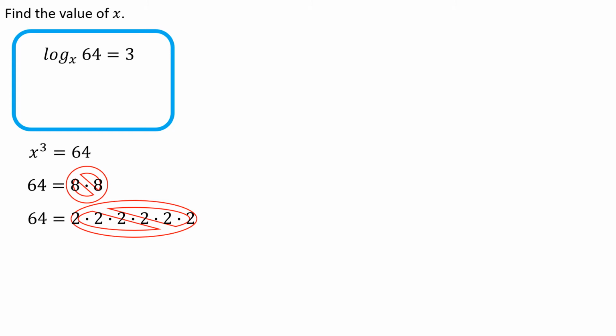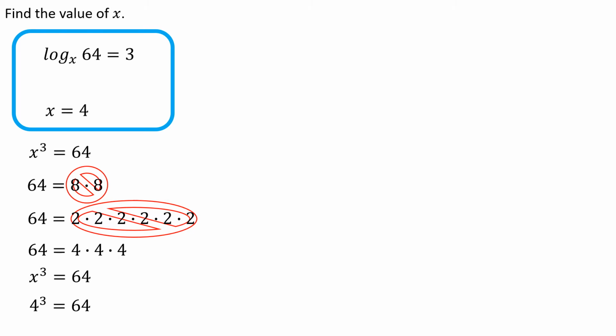Hey, how about 4 times 4 times 4? That would be 3 equal factors that multiply together to make 64. So if x to the 3rd equals 64, I must be talking about 4 to the 3rd power is 64,